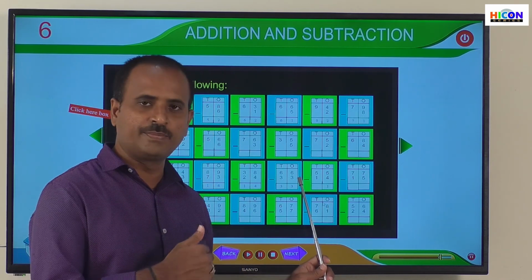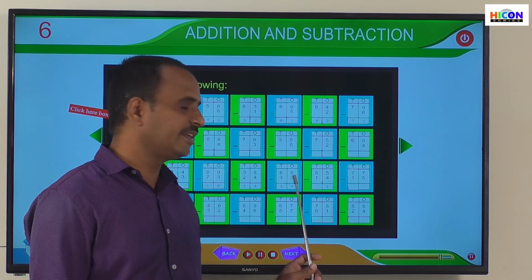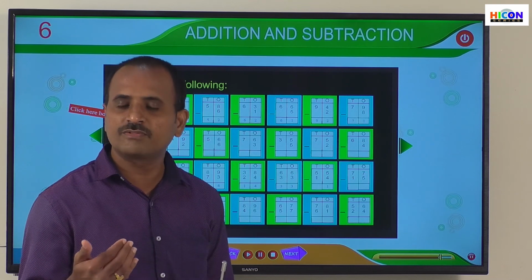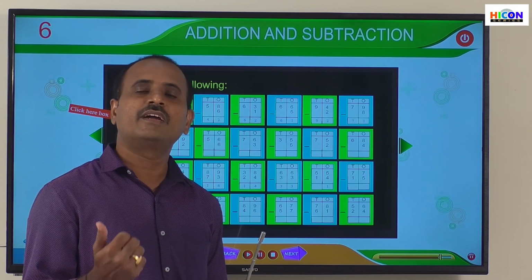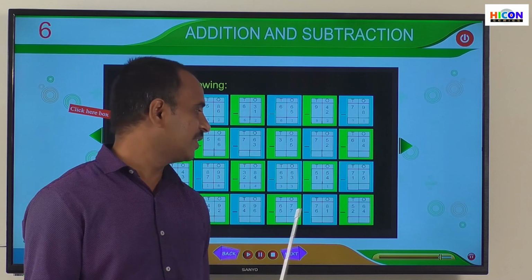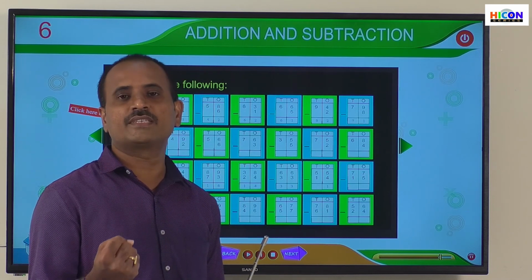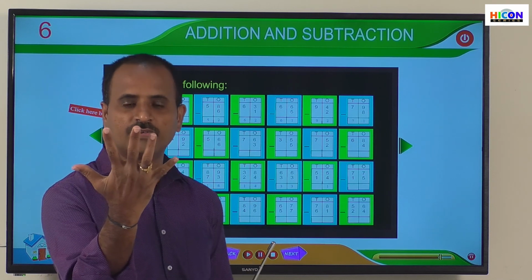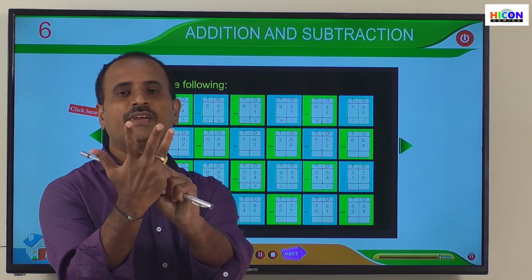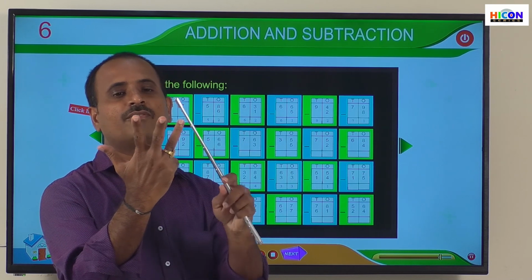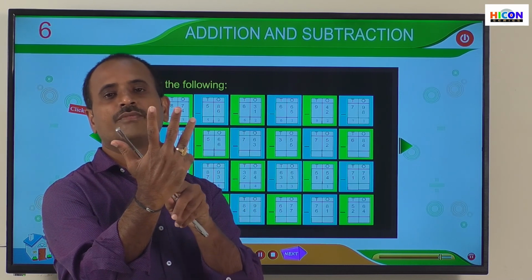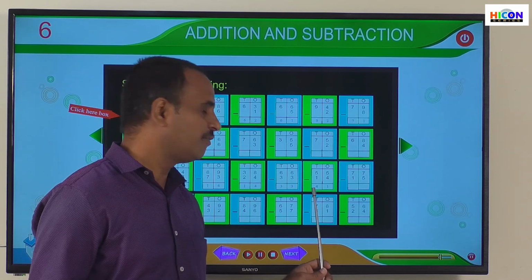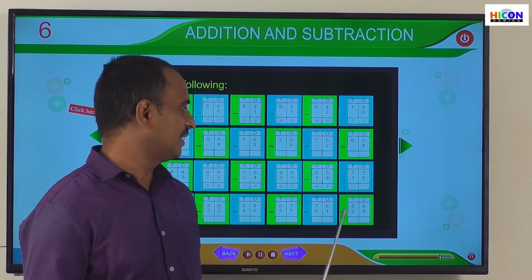So next go to tens place. Subtract the digits present in the tens place. That is 5 minus 1. 5 minus 1 means open 5 fingers and close one finger, the remaining fingers will be the answer. Open 5 fingers, that is 1, 2, 3, 4, 5, and close one finger here. So I have closed one finger. Now how many fingers are there, children? 1, 2, 3, 4. So write 4 under tens place. The answer is 41. So go to the next problem.